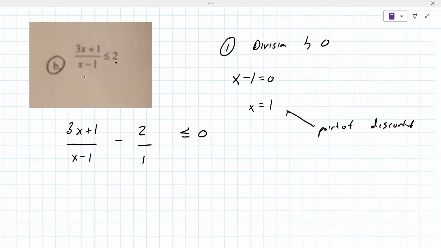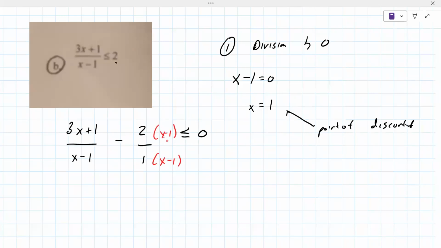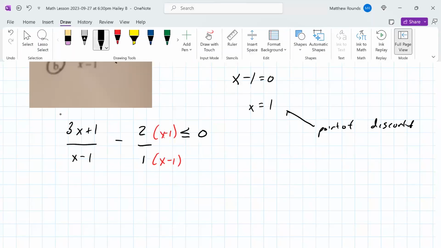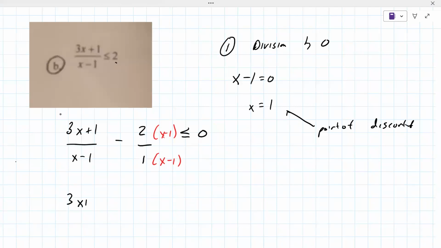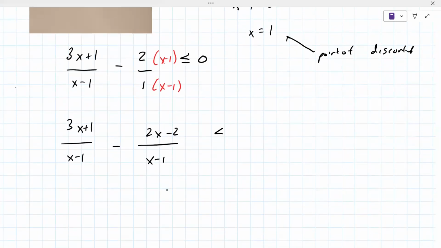All right, now the next thing here is you want to make a common denominator. So the common denominator is x minus 1. You're missing an x minus 1 on the right, like that. So we are going to multiply. So you have 3x plus 1 over x minus 1 minus x minus 1, 2x minus 2. Now this negative really applies to every single thing in the numerator. So once you multiply, or if you wait to multiply, it applies to everything in the numerator. And that's kind of important here. So it's going to end up being minus 2x plus 2,